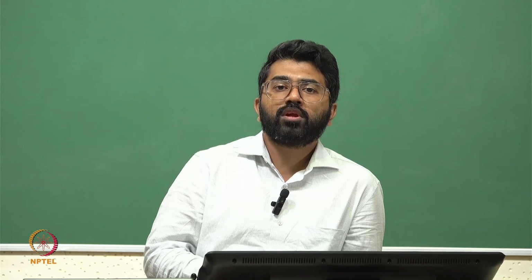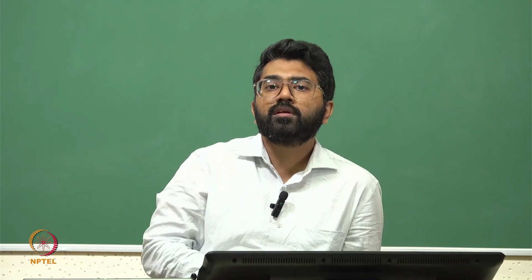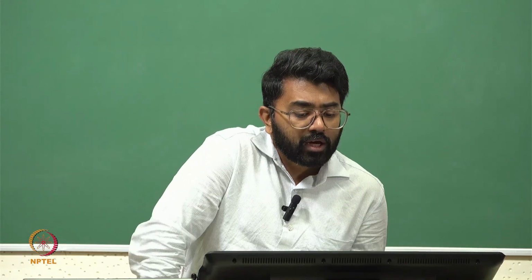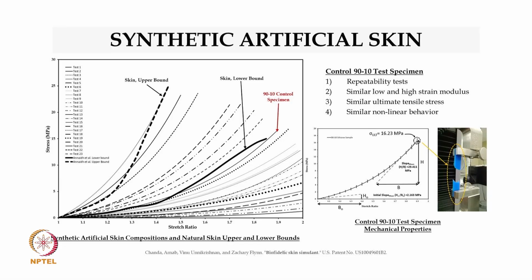The next one was silicon. We also used polyurethane. Polyurethane was way too hard. Silicon was somewhere in between, where there were a lot of options, and we started building different compositions of silicon. As we did that, we also compared the stress strain property of each of the different compositions with the real skin properties. What we also realized from the literature as well as from our tests on the cadaveric